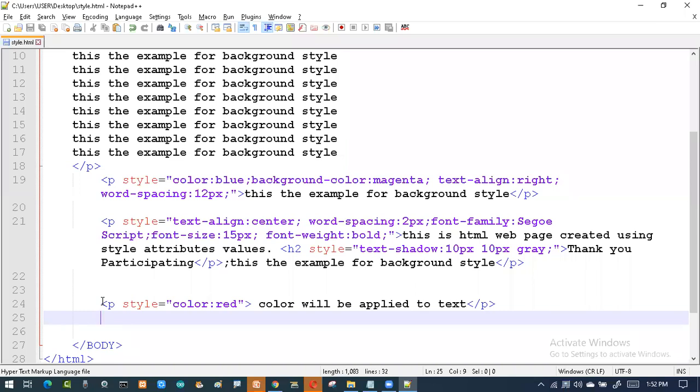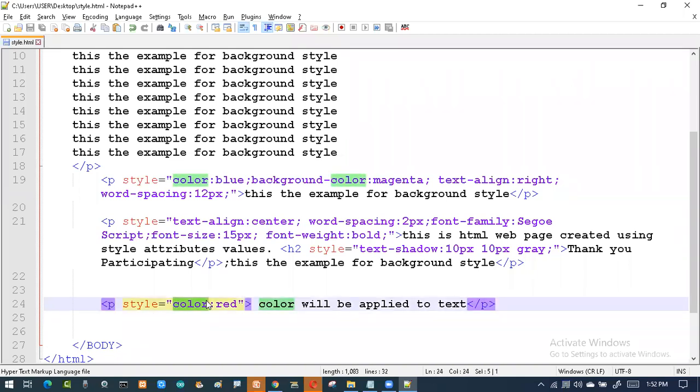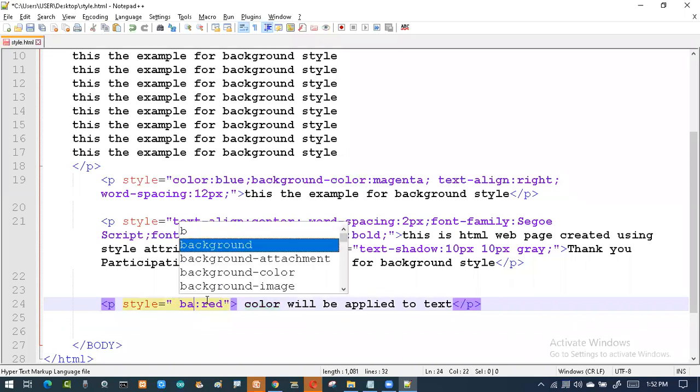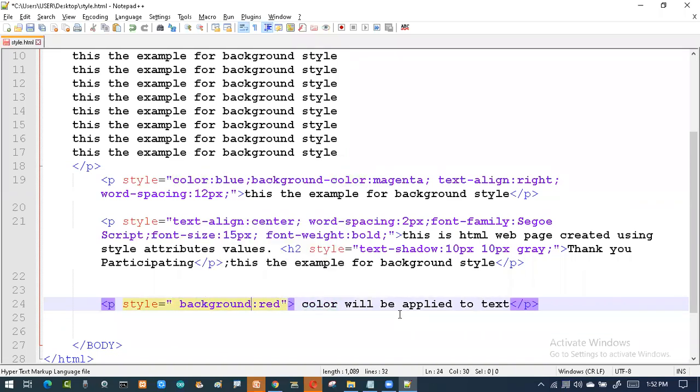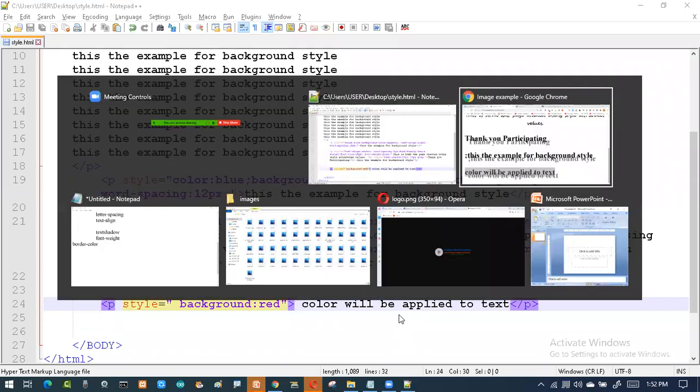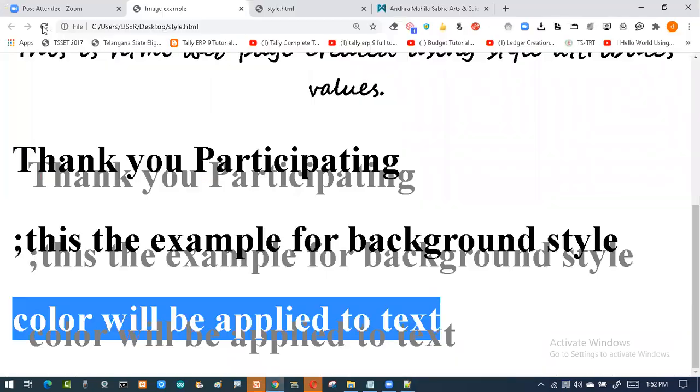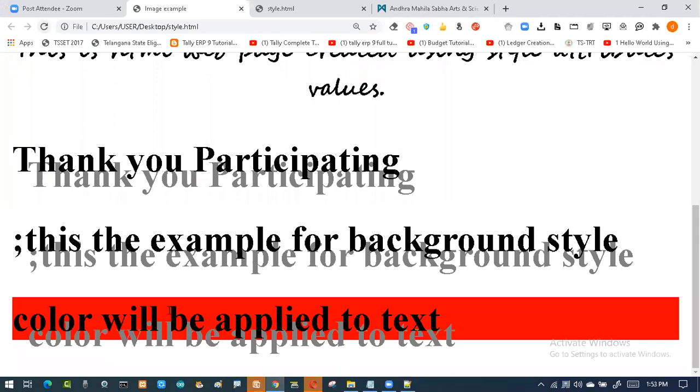Okay. Okay, sir. If I want background, I don't want this color, so you can remove this, then you can say background. Then I'm going to get the text filled with background color. Text has been filled with background color.